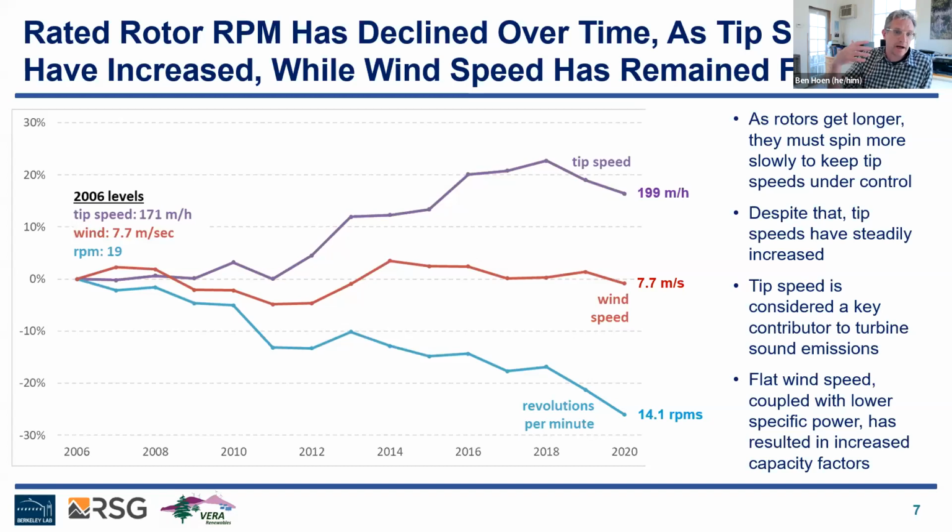With larger rotors and higher hub heights, you are able to gain access to speeds of winds that weren't otherwise available. And so it's reasonable to assume that these newer turbines that are taller would be placed in wind regimes that are lower average wind speeds, but that's not actually what we've seen. Instead, we've just seen a proliferation of these same taller turbines across the country. Tip speed, importantly to note, though, is considered a key contributor to sound emissions. And at this point, I'm going to hand it over to Ken to talk about those emissions.